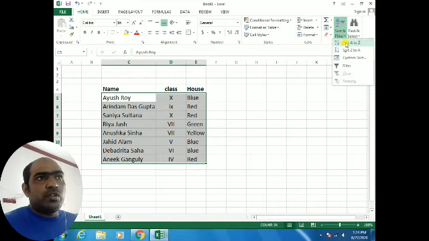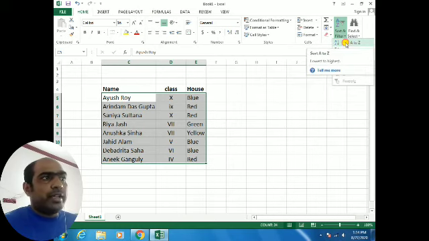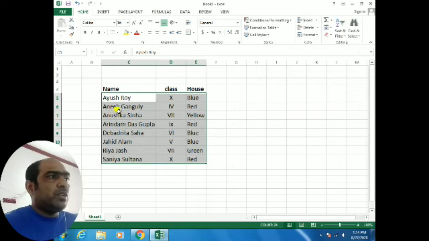You can see the sort A to Z. If you do like that, just see, the ascending order came. The name one came. Just see, the class was the same, but now the alphabetical ascending order came.